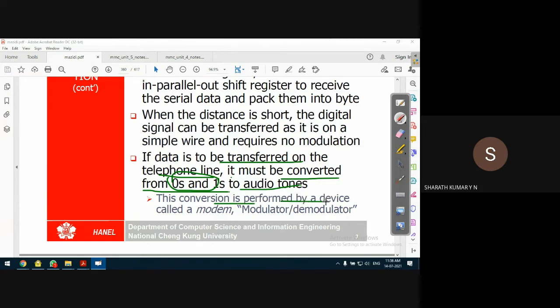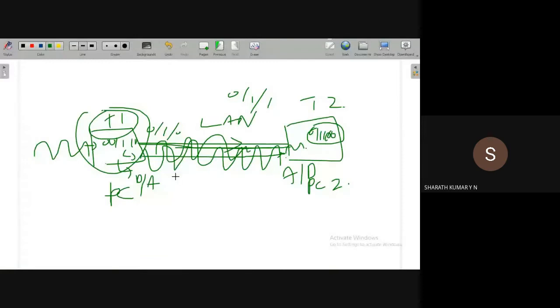This conversion is performed by a device called a modem. Modem stands for modulator and demodulator. In this case, the modem is responsible for interfacing two devices. So let us say this is PC1, and there is another device called PC2.